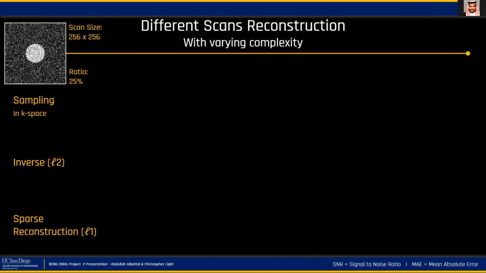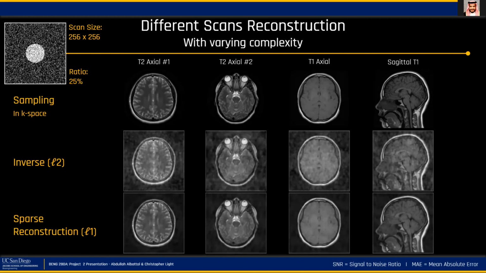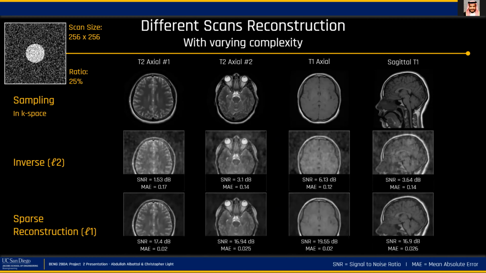Now, when we look at this high density sampling, we're also testing several scans with different complexities to see if the complexity of the scan affects the reconstruction error and quality of the reconstruction. All of the scans are 256 by 256 with a sampling ratio of 25%. We see that there are still some variations due to the complexity of the scan, but the reconstruction quality is not significantly different from one scan to the other, judging by the SNR and the mean absolute